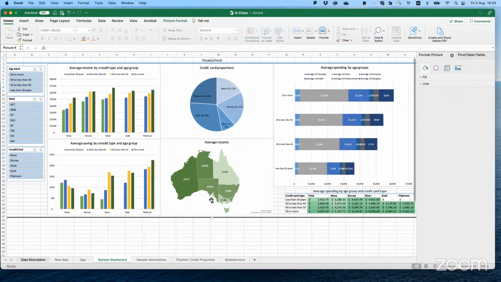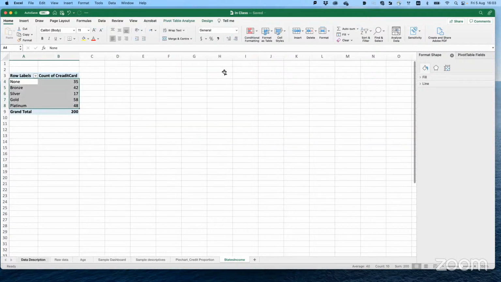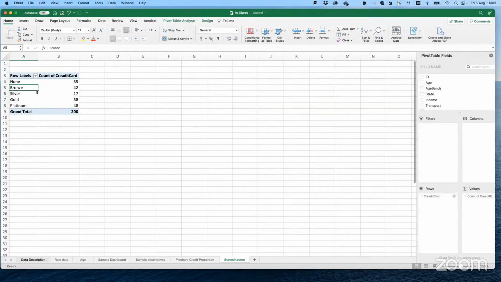And for the purpose of your assignment one, you can decide you want to have both percentage and count, if it provides a better description of what's going on, or you can pick one, just a proportion. So it depends on you. I decided to have both. You can have either.